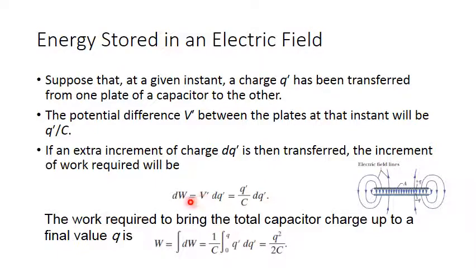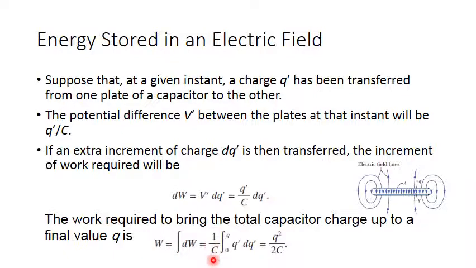So we said in the last chapter, the work is Q multiplied by V. The work or the electrical energy or the electric work done equals the electric charge multiplied by the electric potential. Now, V equals Q dash over C. By integrating the total work done, we integrate over all the charge which is accumulated on the capacitor. So, in this case, by integrating both sides, we can obtain the total work done